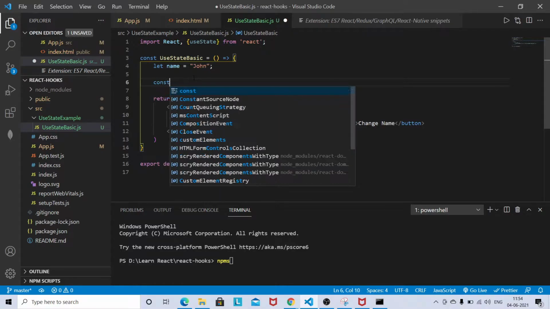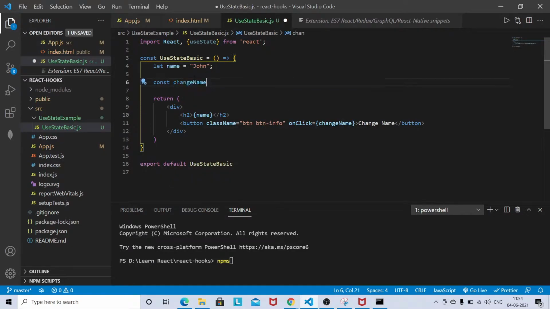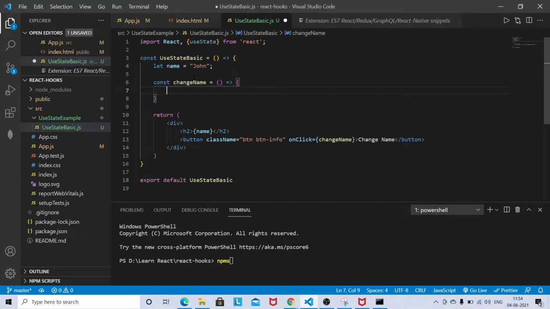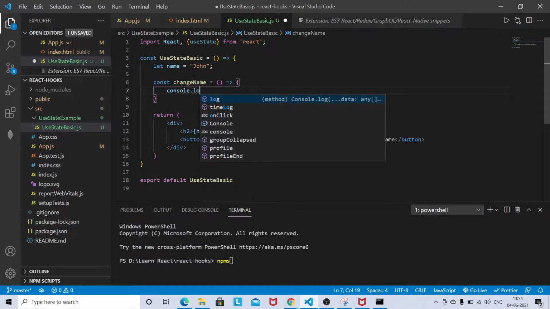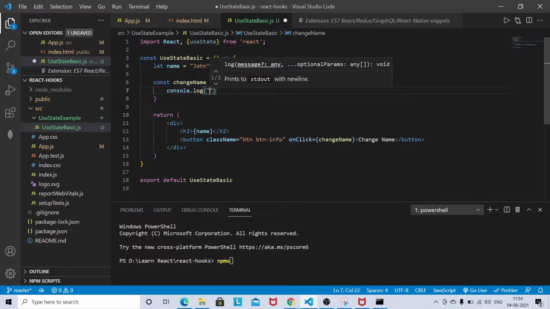I need to declare this one, otherwise it will throw an error. I will first just console log, to show you this event is getting executed. So, hello world.